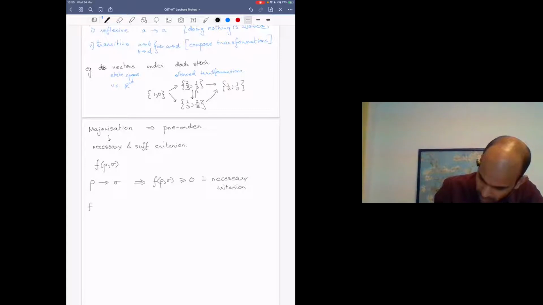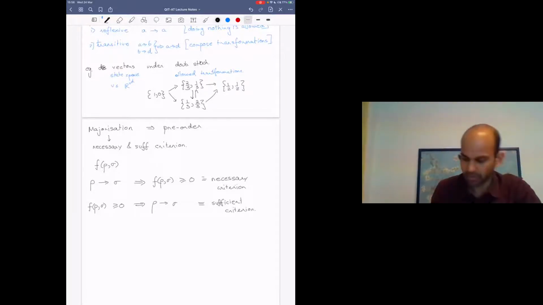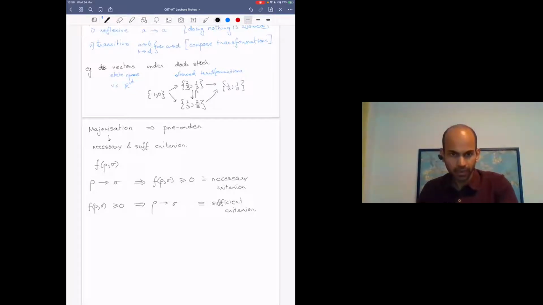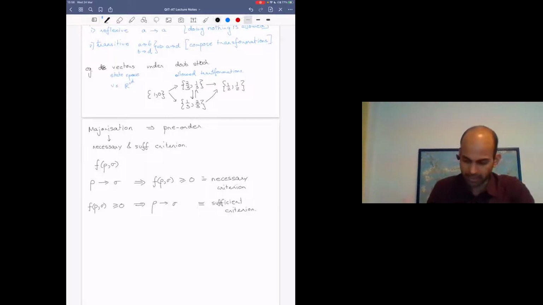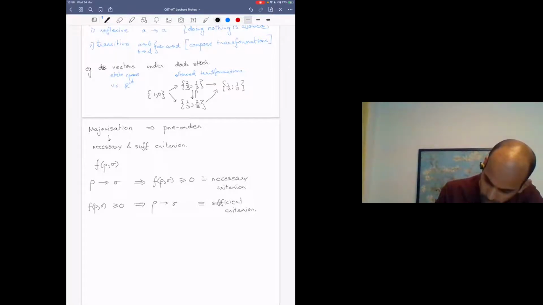And if f of rho comma sigma greater or equal to 0 implies that rho can be transformed to sigma, that implies that it's a sufficient criterion. Okay, so these are useful criteria to find out, like majorization,